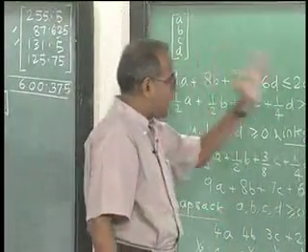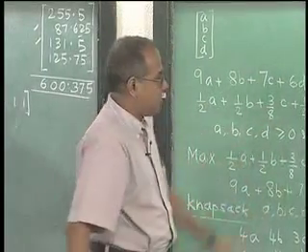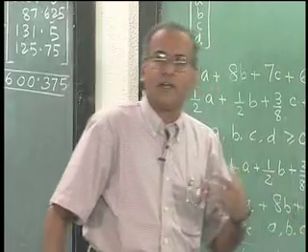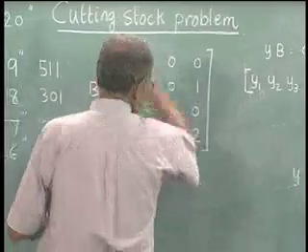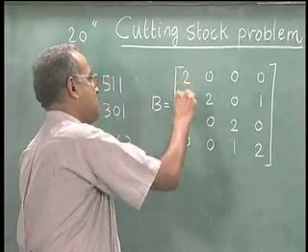So, when we are unable to find a pattern with strictly greater than 1, when we solve the knapsack problem, we say that the optimum solution is reached, because we are unable to find an entering pattern. So, there is no entering pattern, and therefore, the present solution is optimal, which has 2000